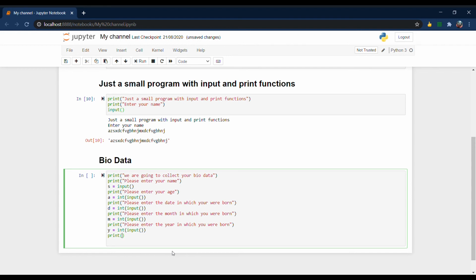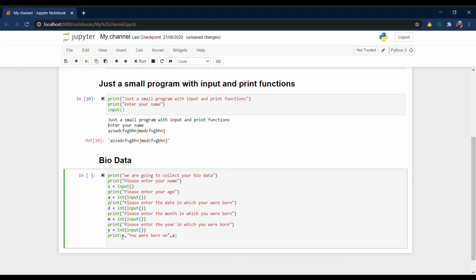What we can do in Python is give the name, which we had defined as input here, the variable s. So we can simply put s here and then a comma and then open the brackets and put you were born on,